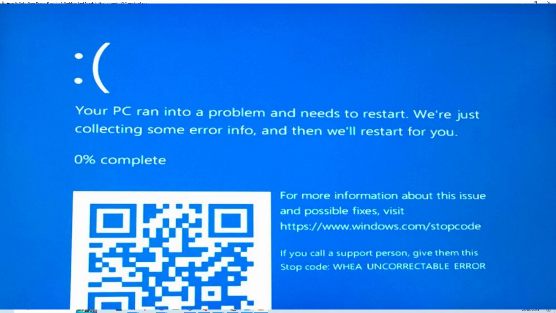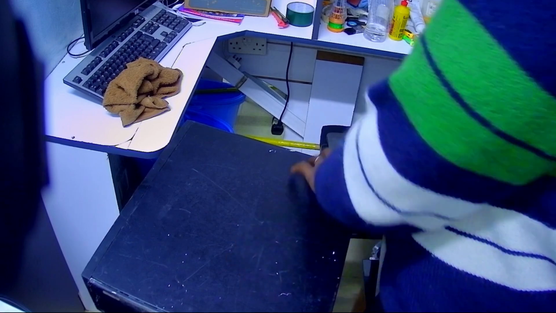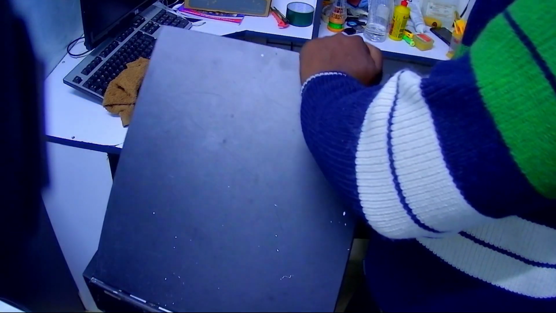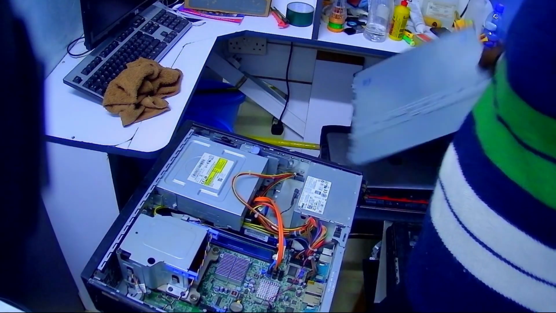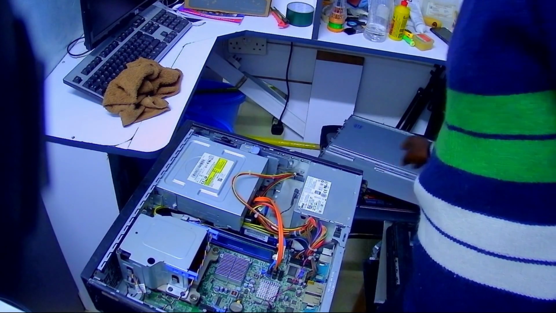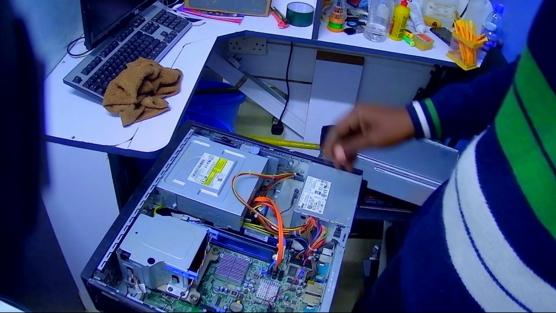So the first thing you need to do is to unplug the CPU from all the cables and then go ahead and open your CPU. And as you can see, you can easily open this by removing the upper casing, which is loosely attached. Then from here,